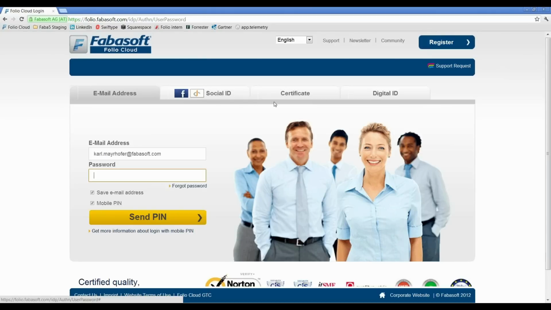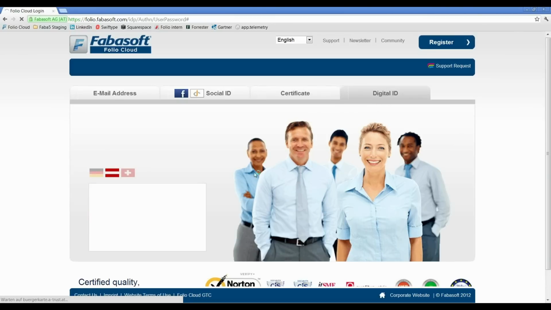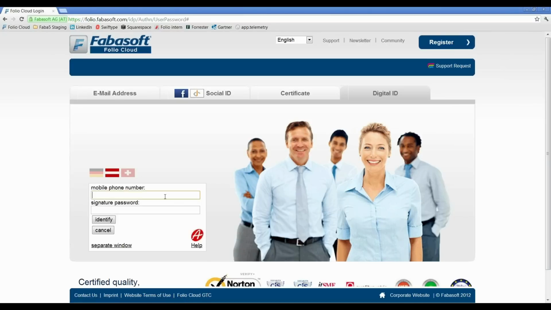I could also use my Facebook account for that, but even better is to use my company certificate to authenticate for access, or to use a digital ID. And in this case, I would really love to use my digital ID in Austria to get access to those documents. So I will enter my registered phone number, and I will add my signature password. And if I click on identify,